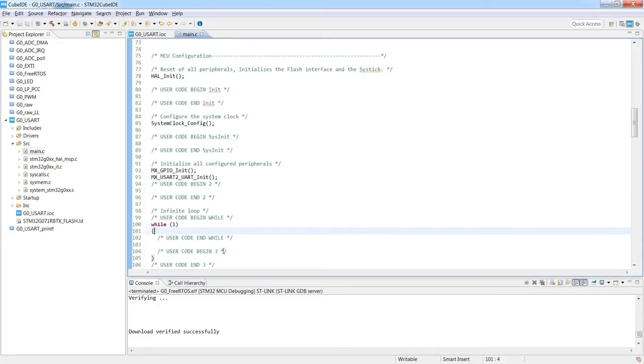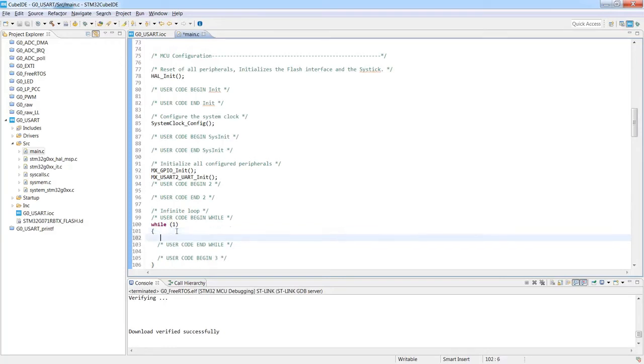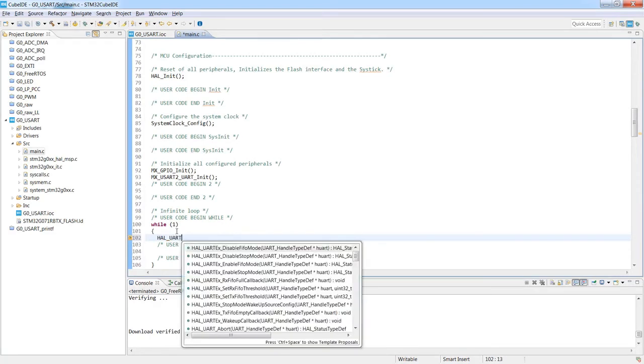So to do this, I would use our while(1) loop, where I would put the function from the USART domain. So HAL_UART_ and Ctrl+Space. And now I can see a lot of functions which are typical for the G0 family, those with suffix Ex, but I would select something typical, something easy.